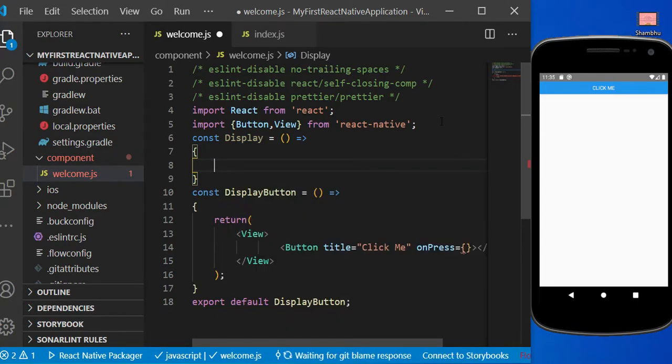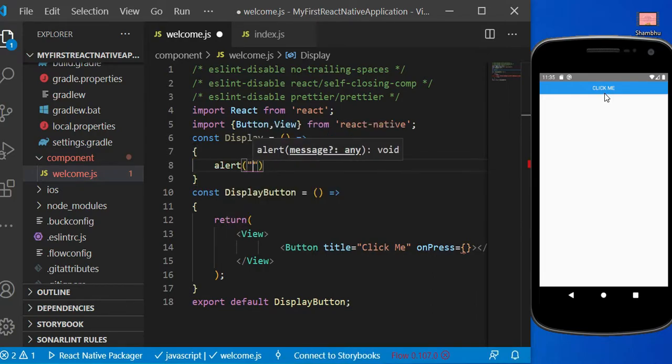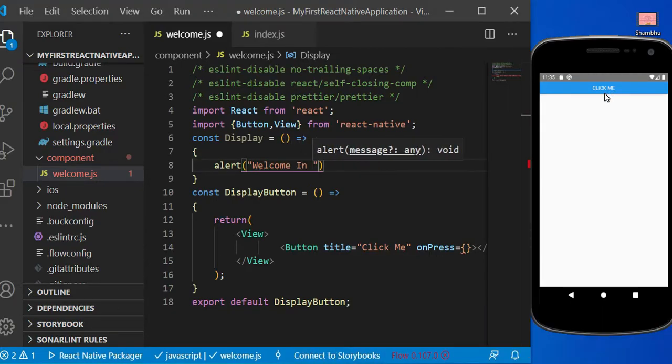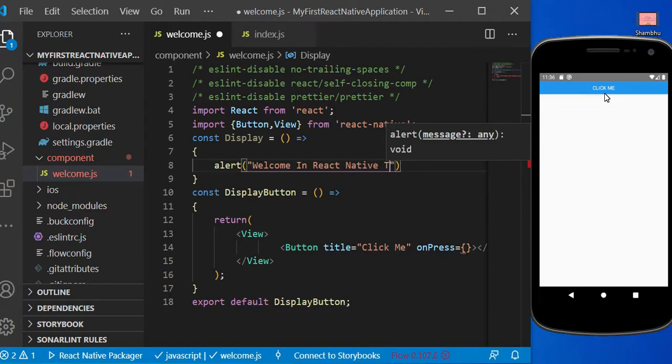Alert, I think you are all familiar with the alert box. It will just give some alert on this particular window. For this alert, we can pass the string that we have to display. Suppose I want to display the string "Welcome in React Native tutorial".